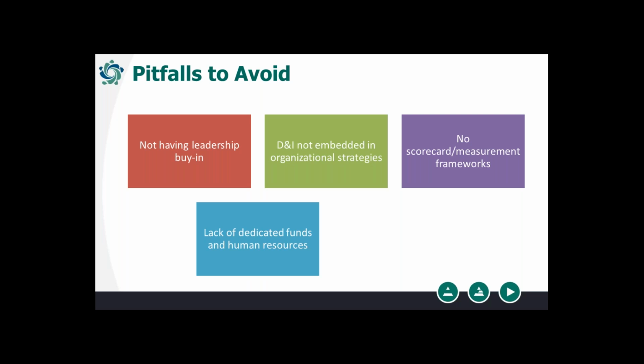The next one, when you roll out something like this, I suggest that you manage it, but if you don't have dedicated funds and resources, it's going to be really, really hard. And it's not just the rollout, it's the ongoing management of the strategy. Let's imagine you do a 3-year strategy, you're going to have things in year 1, year 2, year 3, and so you need people around and resources to do that. And last but not least, lack of accountability. We get a lot of requests for help to flesh this out. How could we build in accountability? What would that look like?